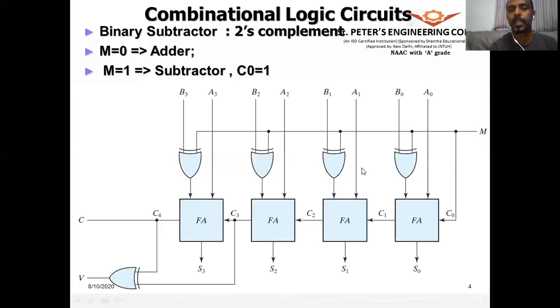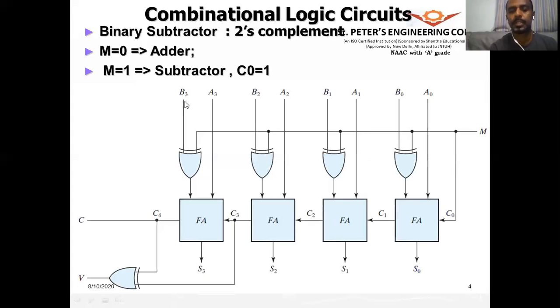Actually, these XOR gates are performing the 1's complement. We need the 2's complement. So we need one extra 1. That is given by the C naught. So that is the carry in at the first leftmost bit. So therefore, we have added 1. So what we are getting here is the 2's complement. So 1's complement plus 1 is 2's complement, right? So that is what we have got here. So we are doing the 2's complement method of addition. So the full adder takes care and you get the results.